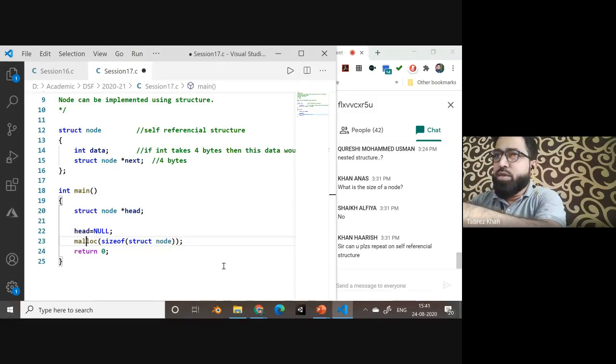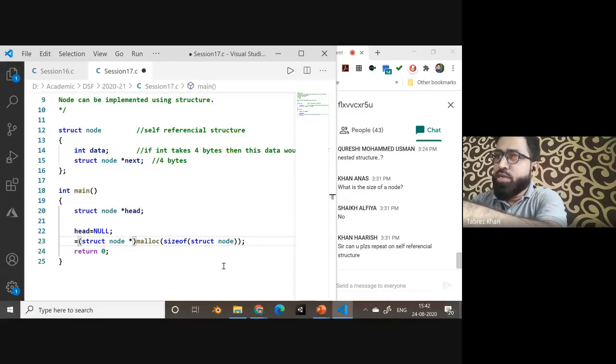And the malloc function, on successful allocation, will return us a pointer to this block, or this node. So it will return us the address of this node, and that address would be by default of void type. So I need to typecast it, and since it is an address of my node, it will be typecast to a pointer of struct node. So struct node star, typecast to this,